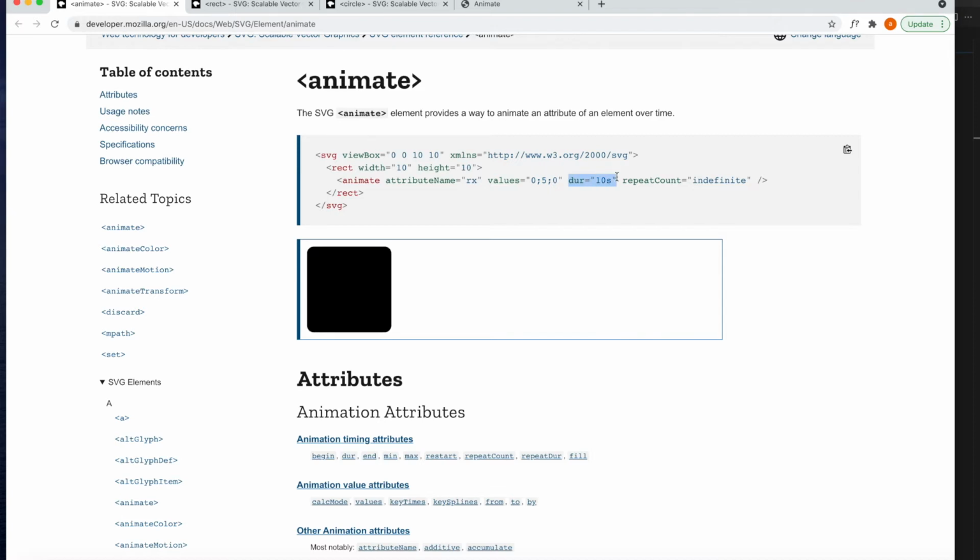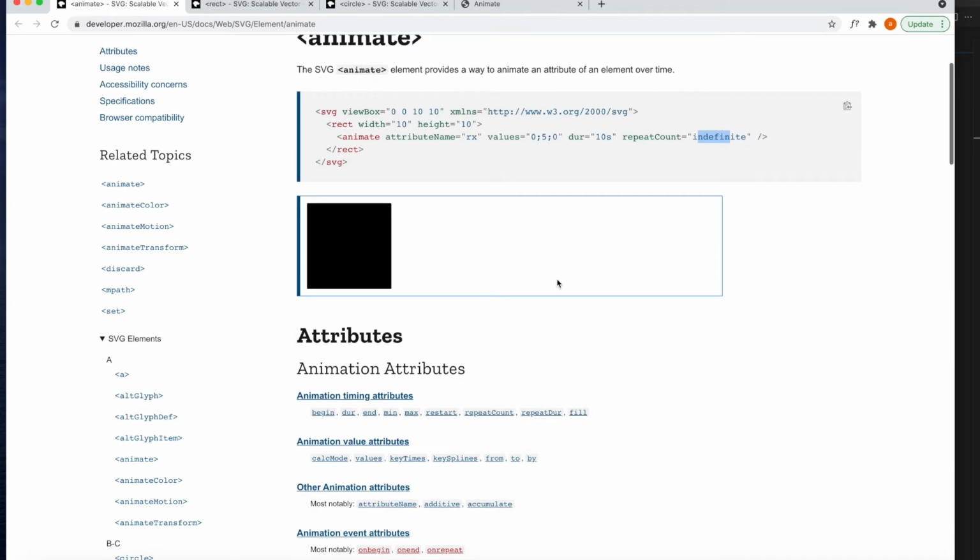They are providing a duration for that, where dur stands for the duration of that particular animation. They are saying the change will occur in 10 seconds, and repeatCount is nothing but how many times you want this animation. This could be indefinite, or it could be 1, 2, depending upon the requirement that we have, right?